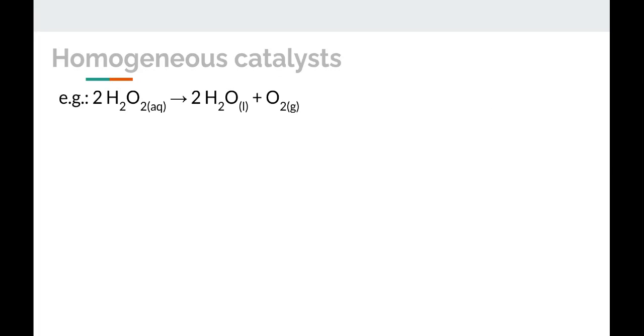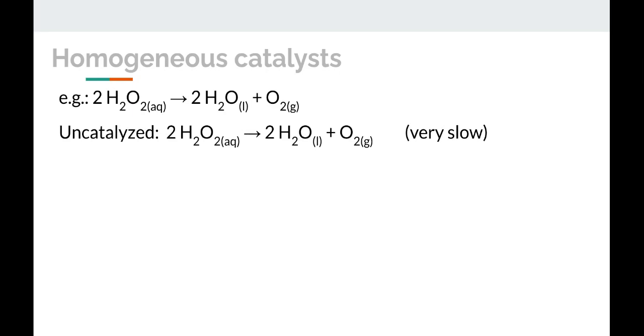Here's an example. Hydrogen peroxide, H2O2, naturally decomposes into water and oxygen gas. So if you were to watch this reaction occur, you might be looking for bubbles of oxygen gas to see that the reaction is occurring. However, it's extremely slow if it's uncatalyzed. There are several ways that you can make this reaction go faster with catalysts,